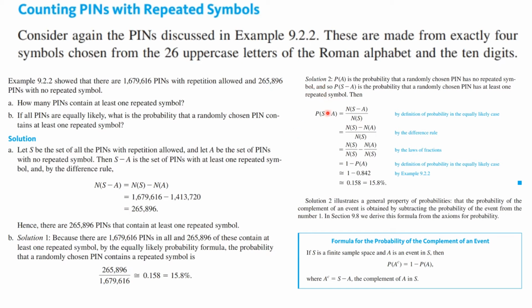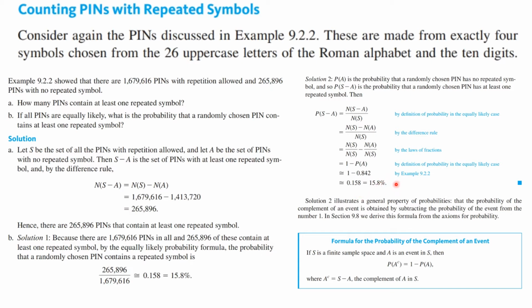Another way to do it is to use this equation. The probability of S minus A is the number in S minus A over N of S, and that is this. Now we divide this N of S in both. When we divide N of S into N of S, we get N of S over N of S, which is 1. And this is N of A over that. But this is going to then be 1 minus the probability of A, and that is 1 minus 0.842. That was from a previous example that we did in the last lecture, and that also gives us 15.8,